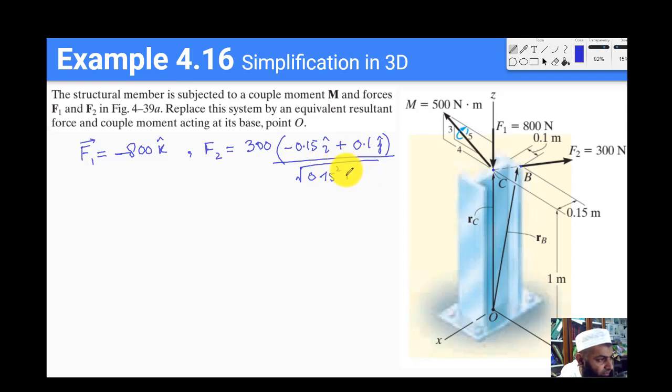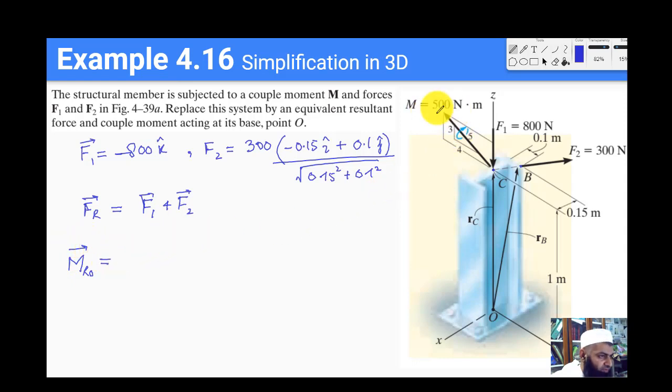Okay, so this is F1 and F2, and so the resultant force is just going to be equal to F1 plus F2. I take it that you can add forces that are given in Cartesian vector form. This shouldn't be very difficult for you. So the next step is to find the resultant moment at point O, and we know that the resultant moment is the sum of all the moments.